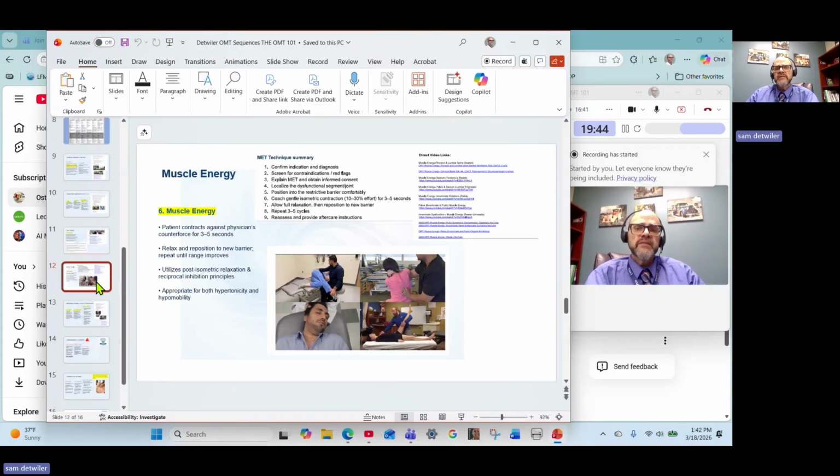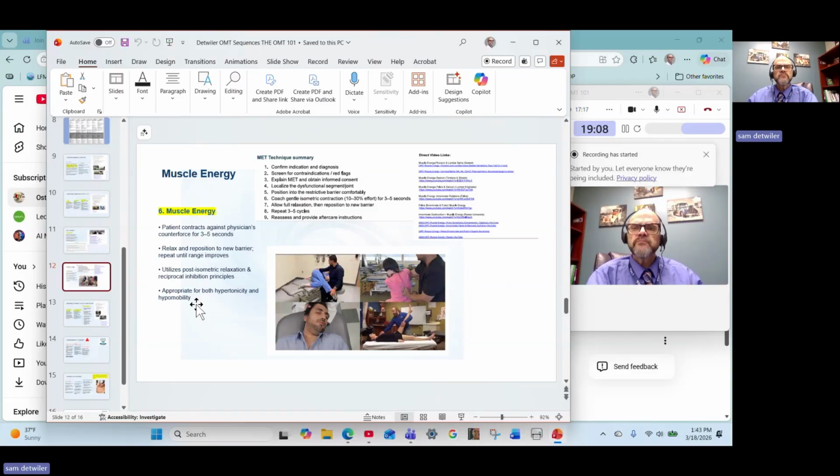The next thing on the list is muscle energy. In this technique, it's a direct technique where the patient contracts against the physician's counterforce for 3 to 5 seconds. The patient then relaxes and while you reposition to a new barrier, you take it a little bit further. And again, you do the isometric with the patient. They utilize this post-isometric relaxation and reciprocal inhibition principles. And what that does is it will increase that joint's range of motion, and really does relieve the somatic